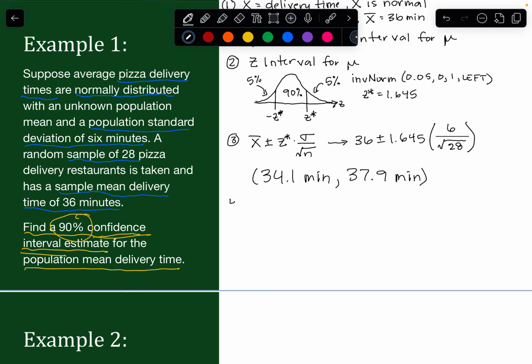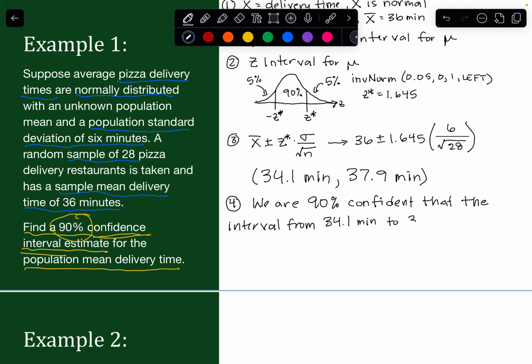And I'm going to formalize that in step 4 with my conclusion. And my sentence frame is that we are 90% confident, because we used a 90% confidence interval, that the interval from, and then I'm going to state my interval, 34.1 minutes to 37.9 minutes,